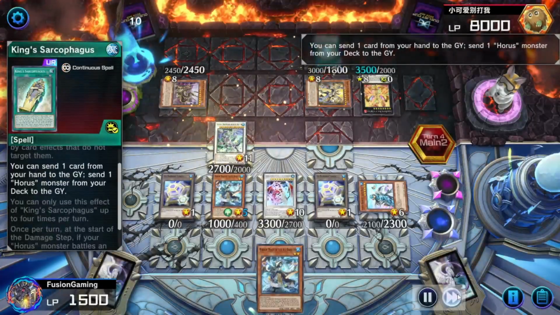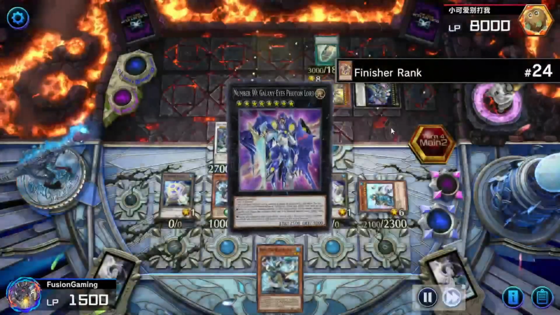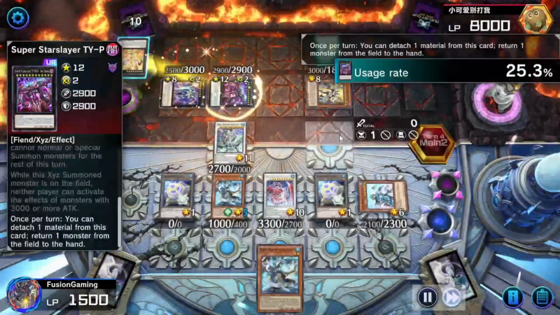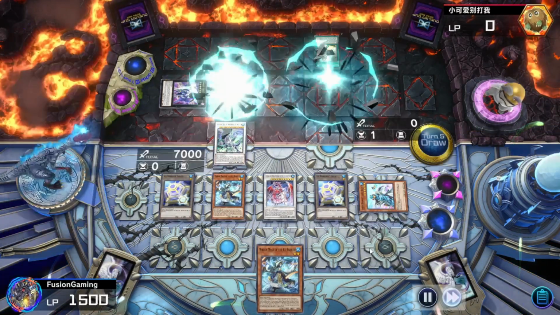Once again, I messed that up. Don't do that. I have not gotten over clicking the shiny button. He tries to Zeus my field, but then realizes he didn't have enough material. So he's going to go for Typhon, and then try to bounce and realizes that he didn't have a hand for Raiho to get over his effect. So...